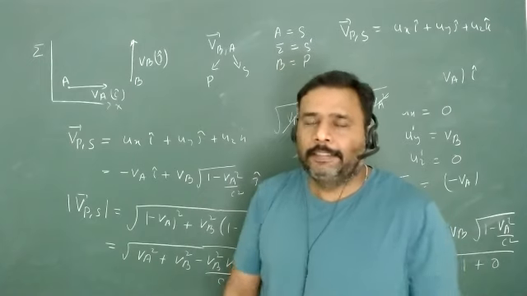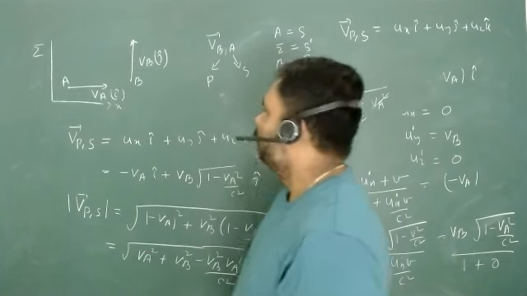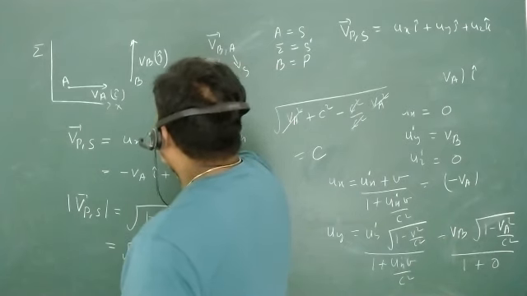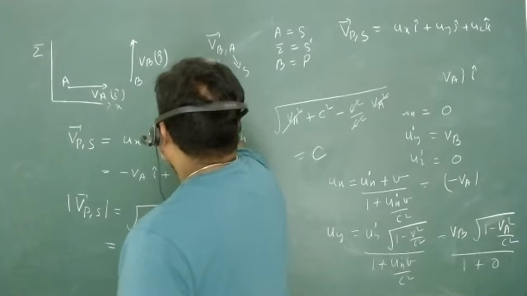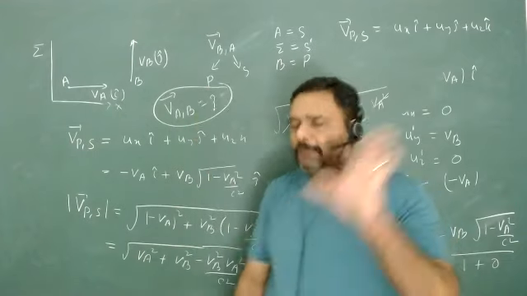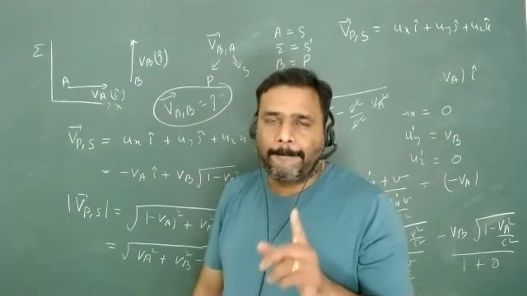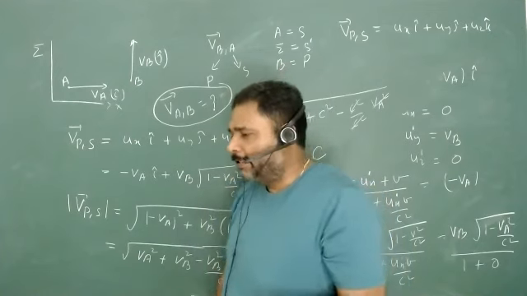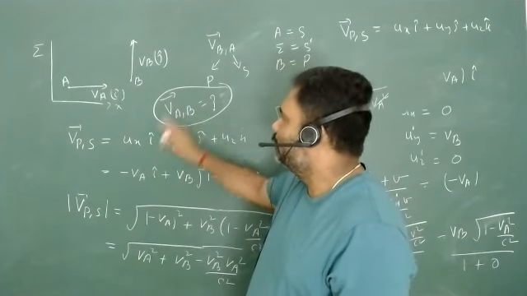So are you people following it? So just do a homework, and this is very important. In the same problem, you just find the velocity of A with respect to B. This is your homework. Can you do this thing? And post it in your group. Everyone, just one homework, nothing more. Are you able to do this thing? Yes, sir. Everyone, don't be shy. You have to find the velocity of A with respect to B.